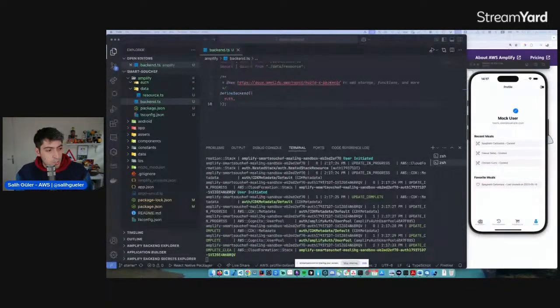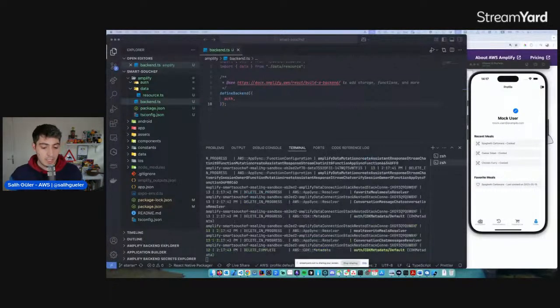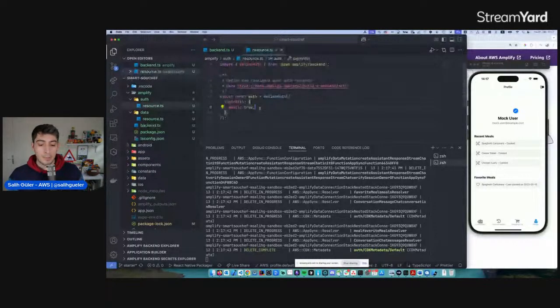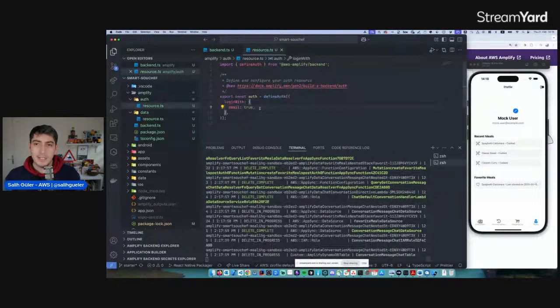So once we do the initial deployment, the next thing that we are going to do is to actually change some operations like authentication here. In here, we have a login with email capability. We have a minimum password length of 8, the user confirmation, and everything is here as well, which is great. But we want to do some modifications. What kind of modifications can we do? For example,